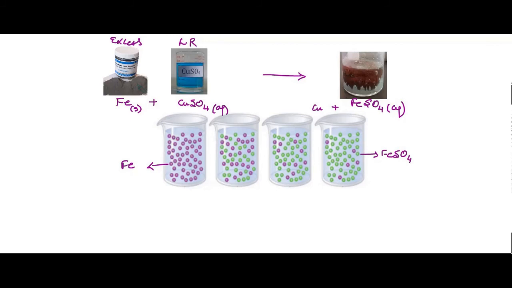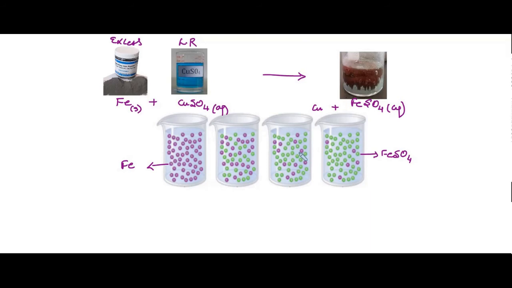And now in this question, we have been asked to plot a graph for the concentration of ferrous sulfate with time. If you observe this diagram, you can understand that initially there are no ferrous sulfate particles. Not even a single ferrous sulfate particle is there at the start of the reaction. There is only iron present, meaning zero iron sulfate molecules at the start. But as time proceeds, initially there are a lot of reactant molecules.